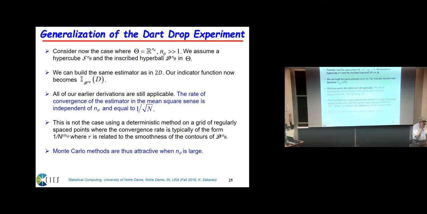So the convergence deteriorates with n theta for all other deterministic methods. All right? So effectively with deterministic methods, and I will show you numbers, to get the convergence rate that you get with Monte Carlo, you're going to have to use more and more n to match that convergence. Otherwise, for a given n, the convergence is way worse, because it's 1 over the number of dimensions of the problem. Which means Monte Carlo is really the only method that's attractive for this type of calculation